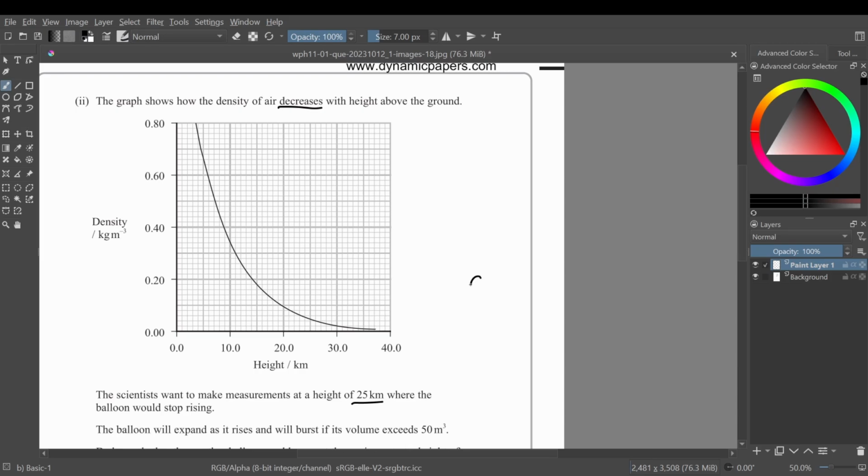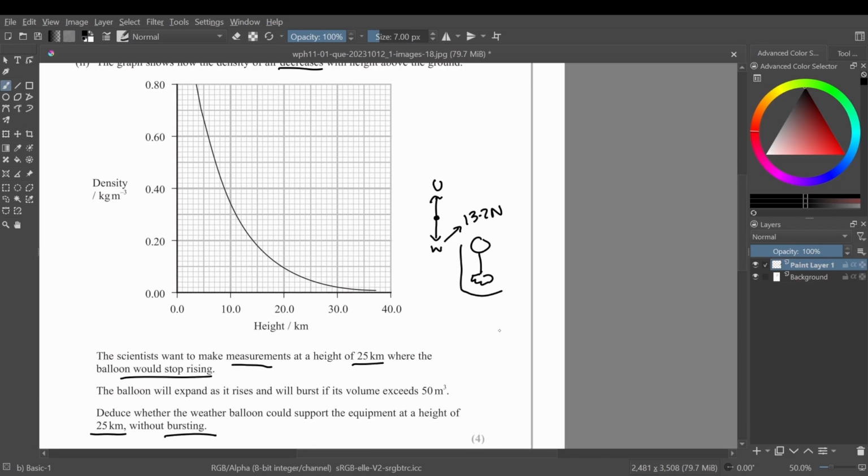This is your balloon, okay, and it is equipped with the equipment. Now the scientist wants to make the measurements where the balloon would stop rising. So this suggests that at a height of 25 kilometers, basically it would stop rising, right? So when it stops rising, it basically means that your weight and your upthrust are now equal, right? So your weight value was 13.2 newtons from the previous part, so your upthrust is now 13.2 newtons as well, which is causing the balloon to be stationary and not move. Okay,